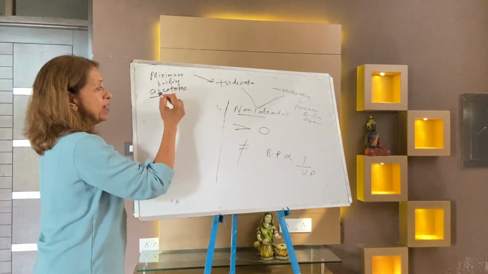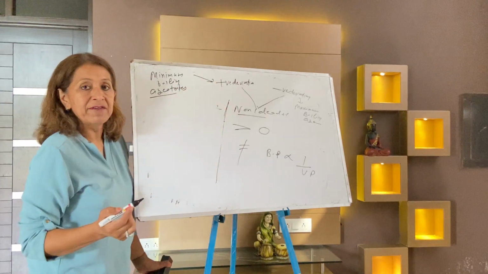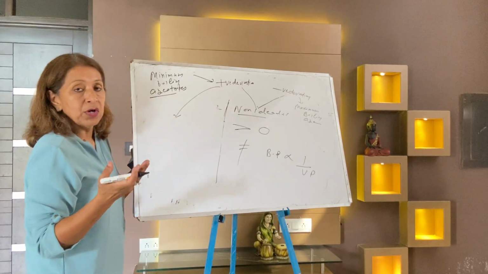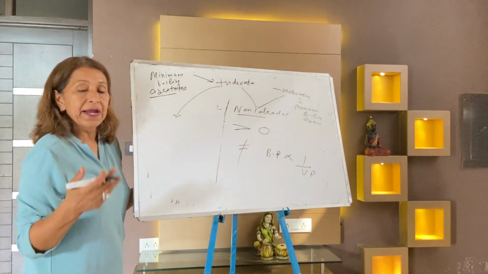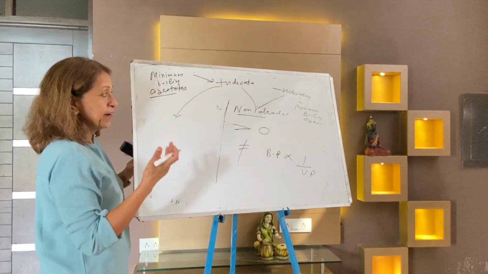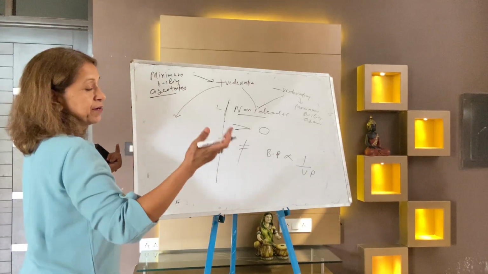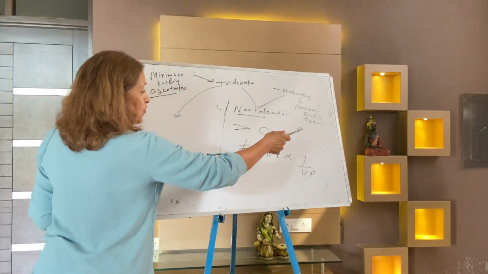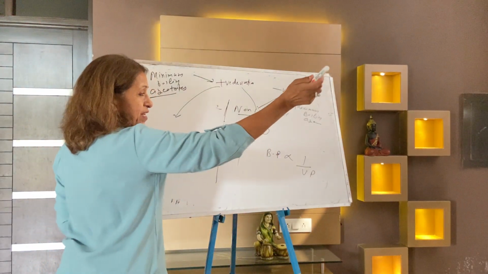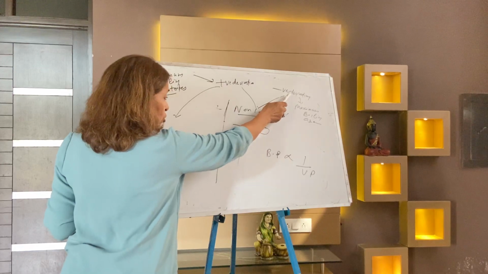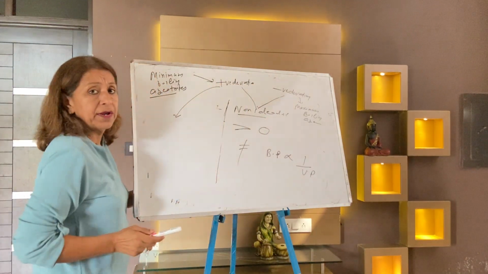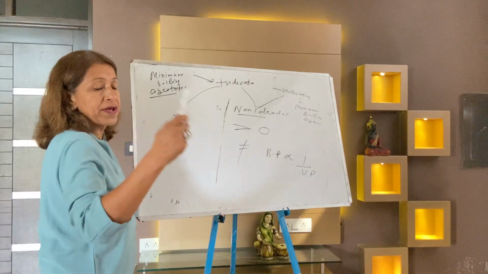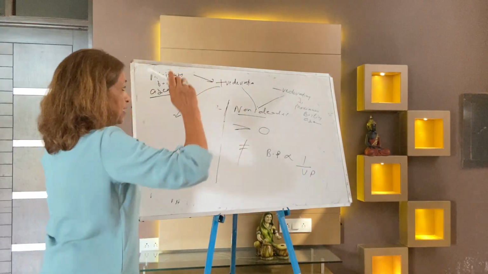Now after that, non-ideal solutions, which are of two types. Those showing positive deviation are minimum boiling azeotropes. I've shared positive deviation examples with you; again, learn from the NCERT book. For negative deviations, the example we have shared is chloroform and acetone. Most of the time chloroform and acetone is the best example. A few more examples you may learn from the NCERT book.